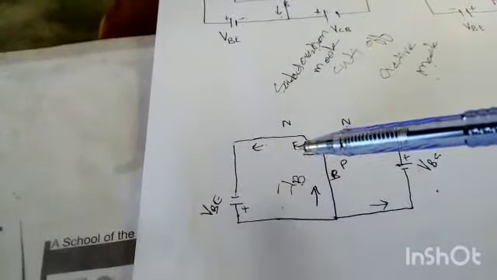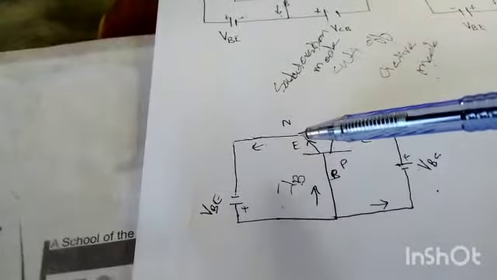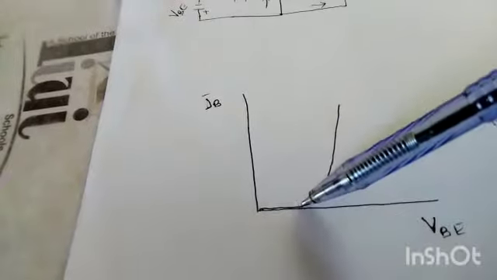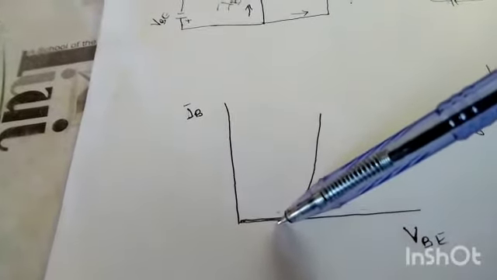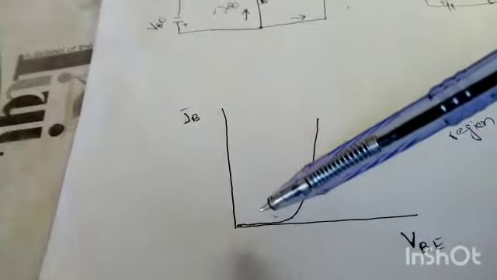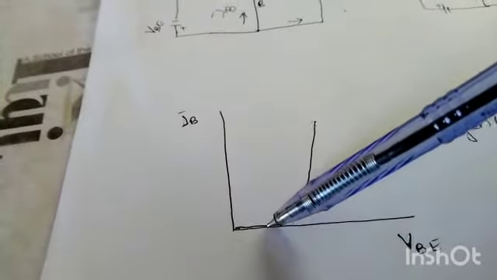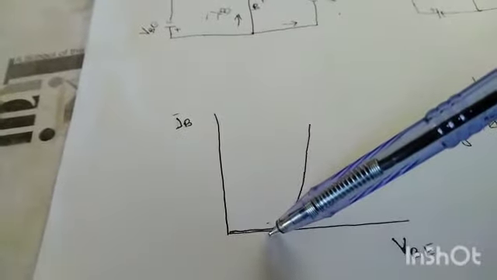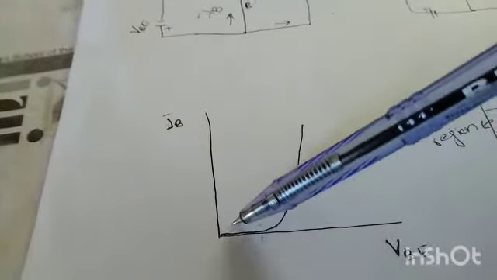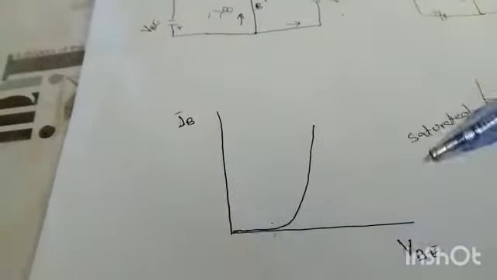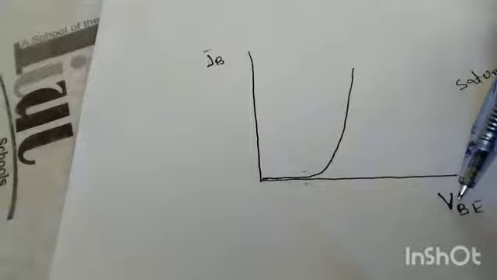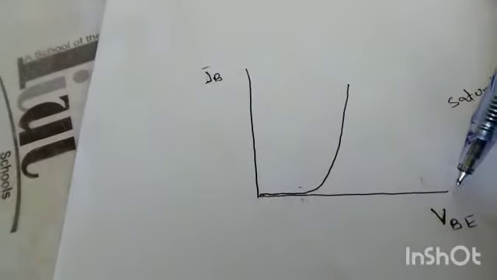As in the last lecture we discussed, whenever we connect the P and N together, there is formation of a junction, there is a depletion layer. Initially, as we increase the voltage, there is no current because all the voltage is utilized. Then there is flow of current, and these charges combine with the holes and the electrons present in the depletion layer. They reduce the depletion layer width, and after some time, when the depletion region width reduces, the current starts flowing.